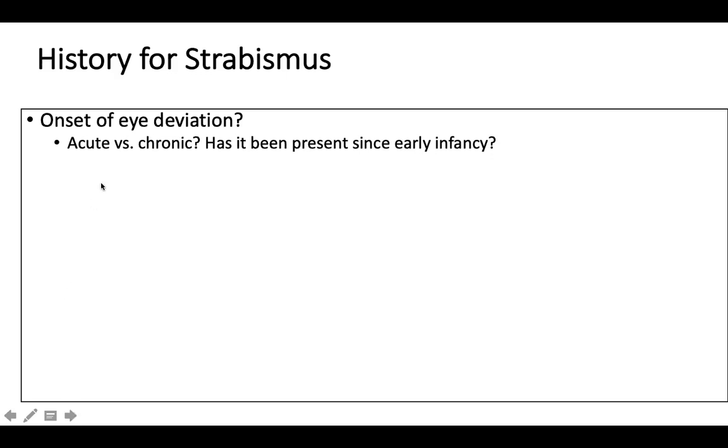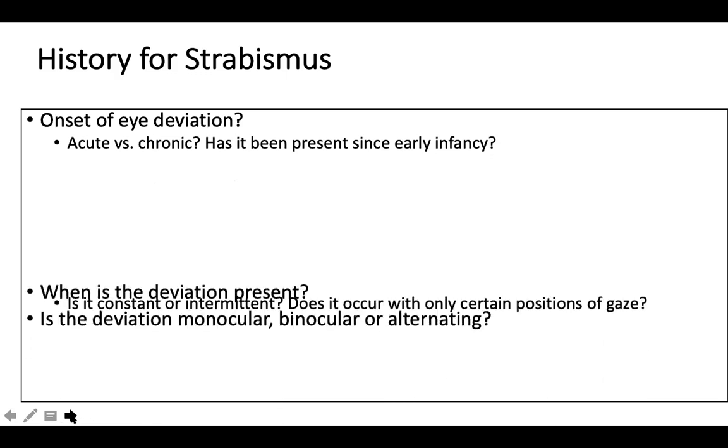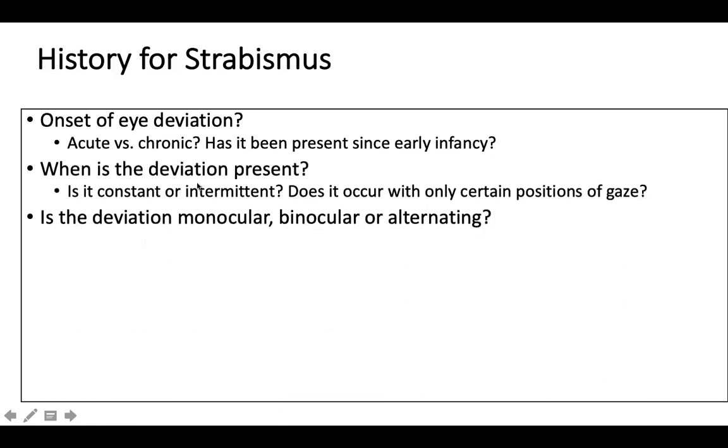If it's a congenital onset or a very hidden or insidious onset, I'm not worried. But if it's an acute onset, I'm definitely worried. If it is present since early infancy, it probably indicates more of a congenital strabismus. And how frequent is the deviation? Is the deviation very intermittent? Some children with mild exophorias can have a bilateral divergent squint when they are tired. Or if you have a very intermittent squint, you should also think about conditions like myasthenia gravis.